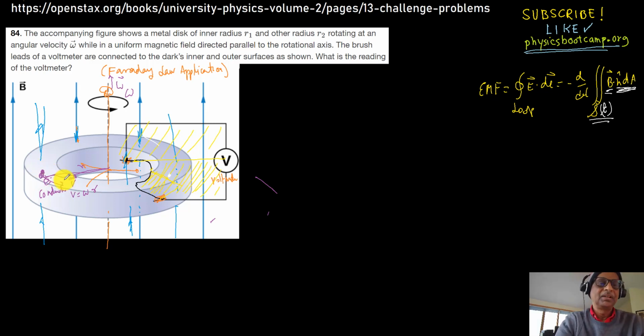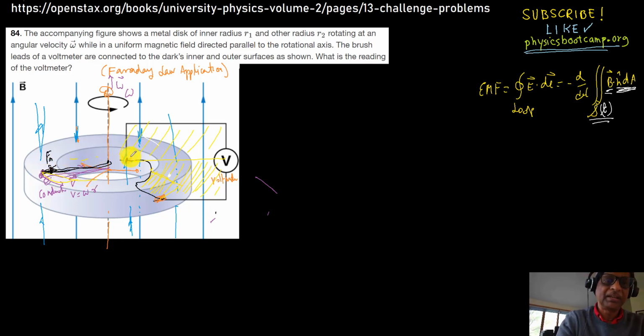Now, because it's going in a magnetic field, this particular electron will have a magnetic force pointed in that direction, towards the center, radially. So that's the magnetic force Fm,